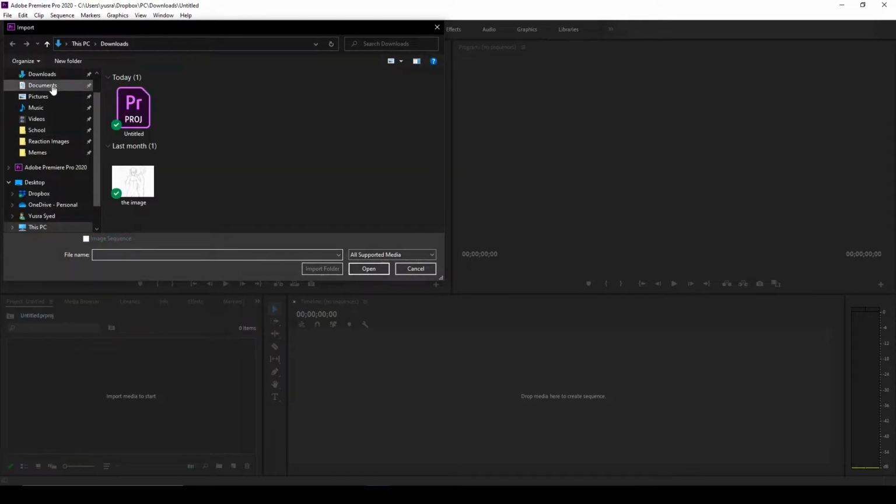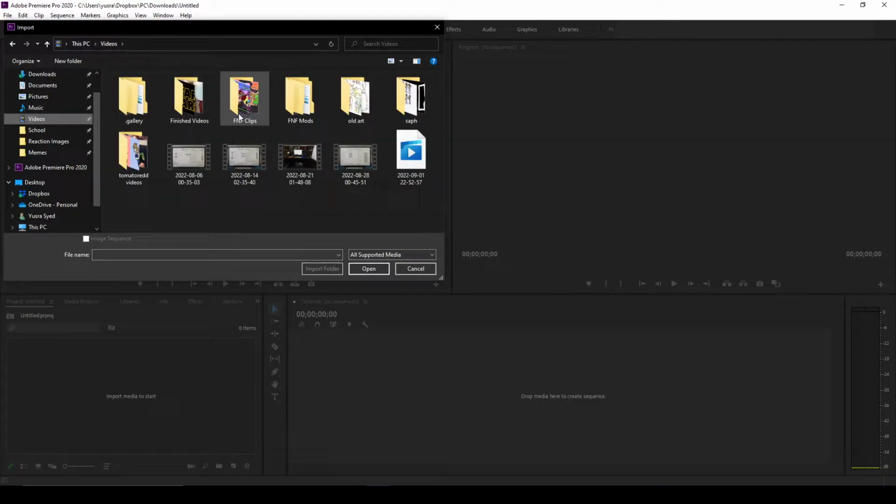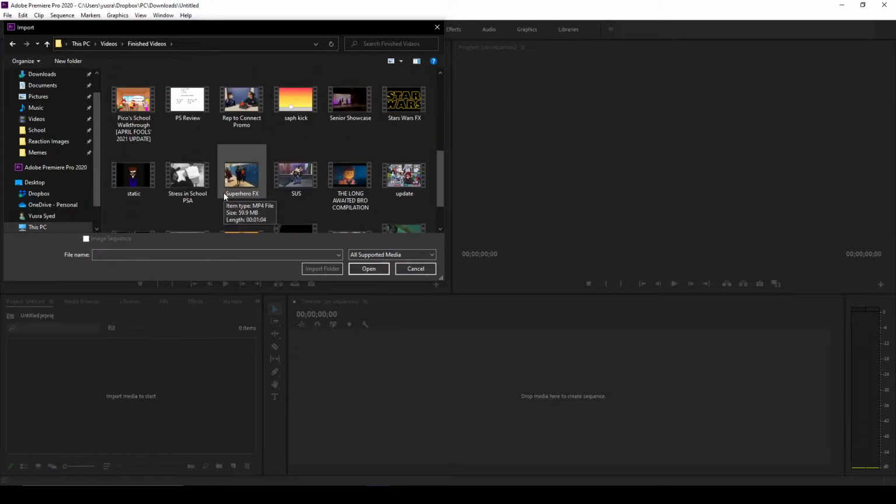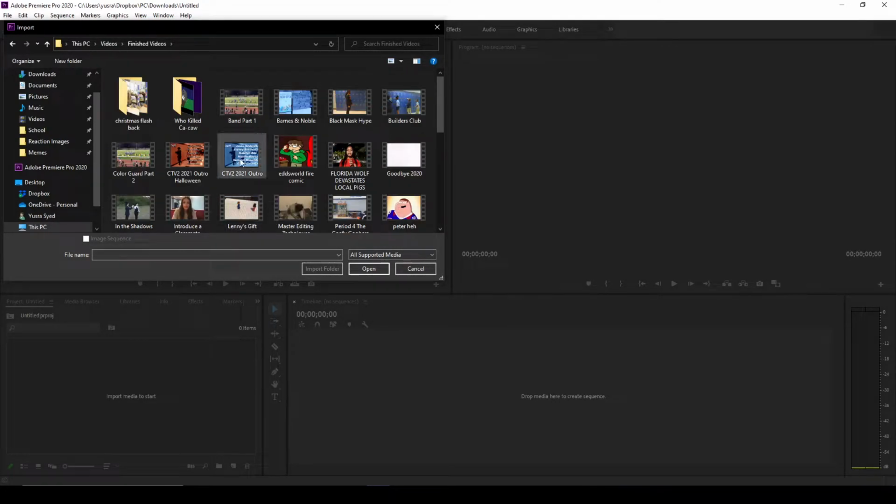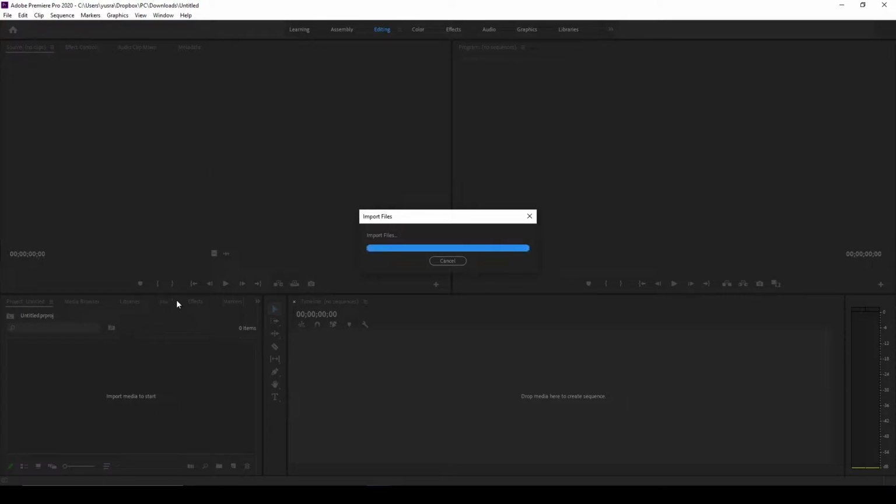You can click on it, and then you can import anything you want, from videos to images to sounds and even other Adobe files. I know you can import like Photoshop or Illustrator somehow. But in this instance, I'm just going to import videos. So I'm going to go into my finished videos folder. And just for the sake of it, I'm just going to do the old CTV2 intros. So we'll do the outro for Halloween